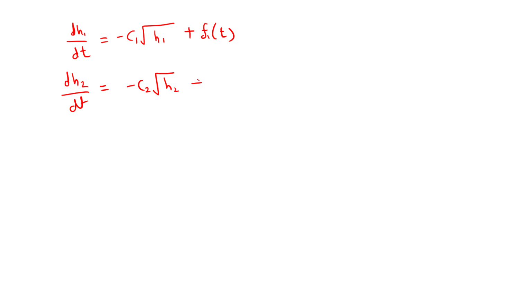So this is the second video for system of nonlinear ODEs. My original equations were that dh1/dt is nothing but minus c1 root h1 plus f1(t), and the second ODE was dh2/dt is nothing but minus c2 root h2 plus c1 root (h1 minus h2) plus f2(t). And for implicit formulation I had